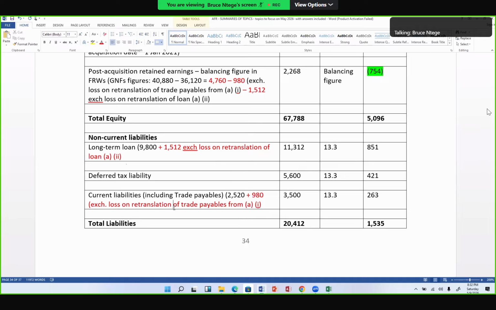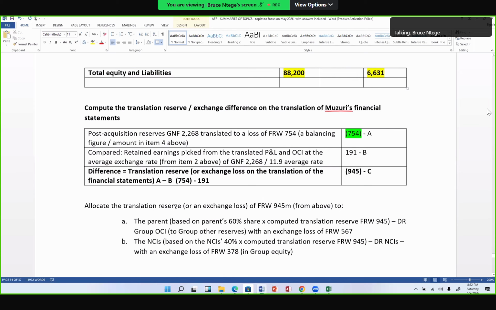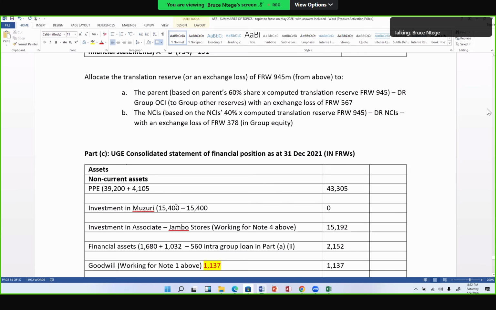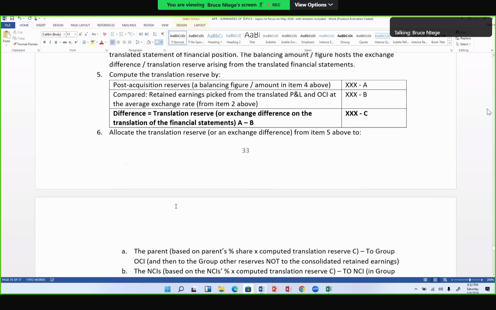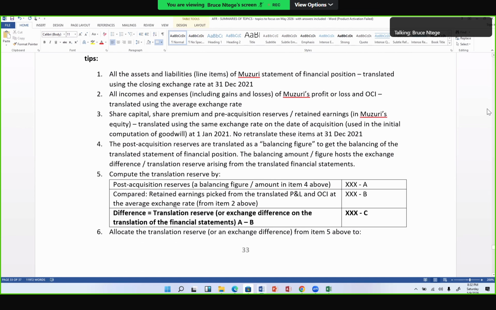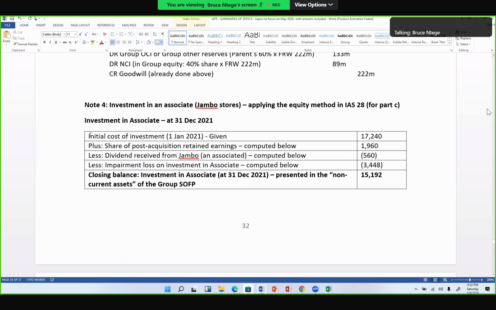So that's number 3 take home. So this individual company was Missouri. The number 4 thing you've taken home is the investment in associate. That one, right from FRA level, you know how to deal with investment in associate, but we have seen it again in a bigger way when we dealt with that note number 4. Remember note number 4, that investment